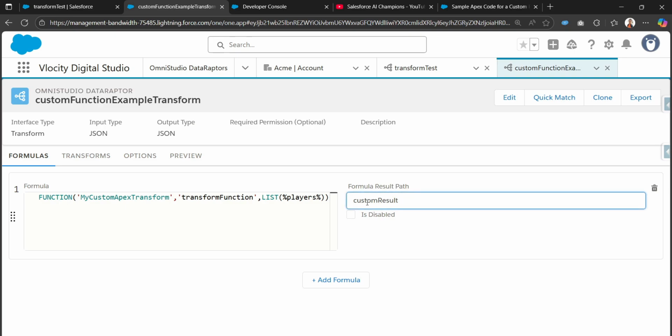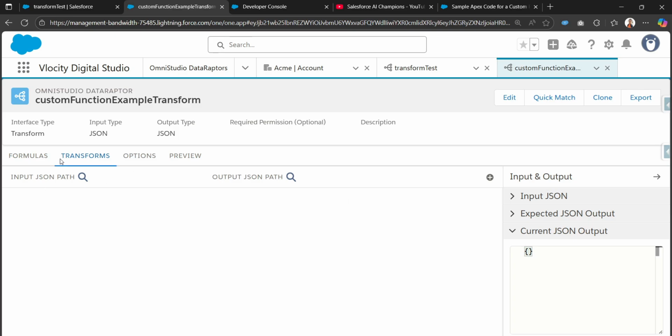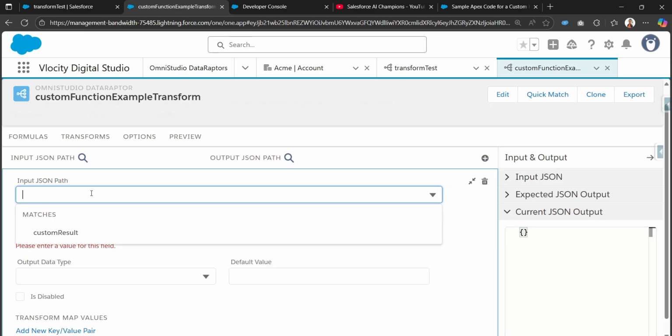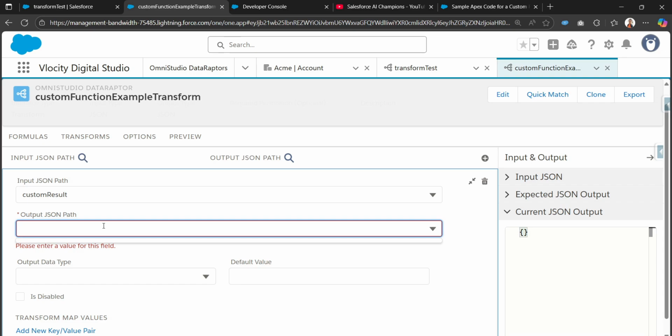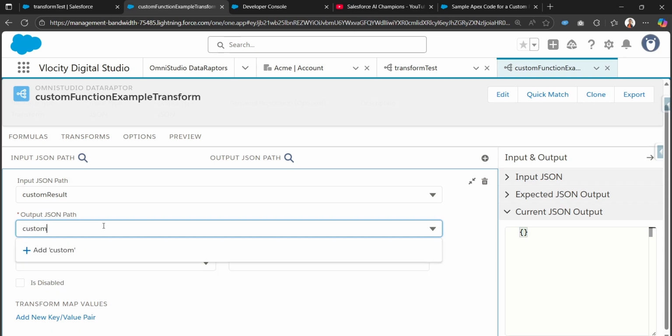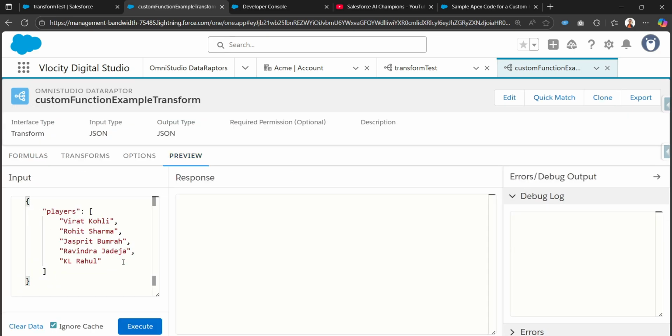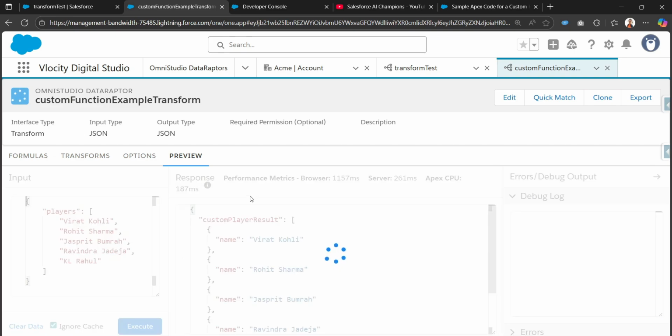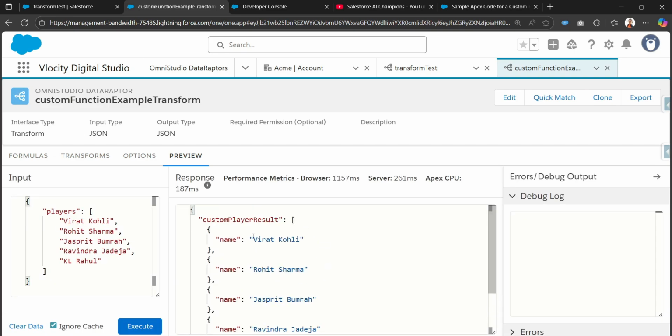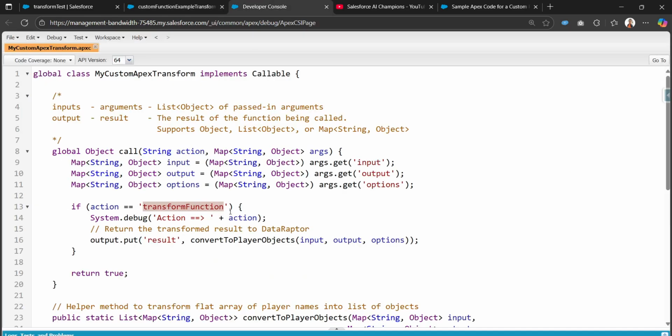So this should be taken as the extract input path for the transform mapping. So the input JSON path should be this one, custom result, and I can put any name, like custom player result, as the output JSON path. And if I click on execute, I can get this one, right? So let me quickly